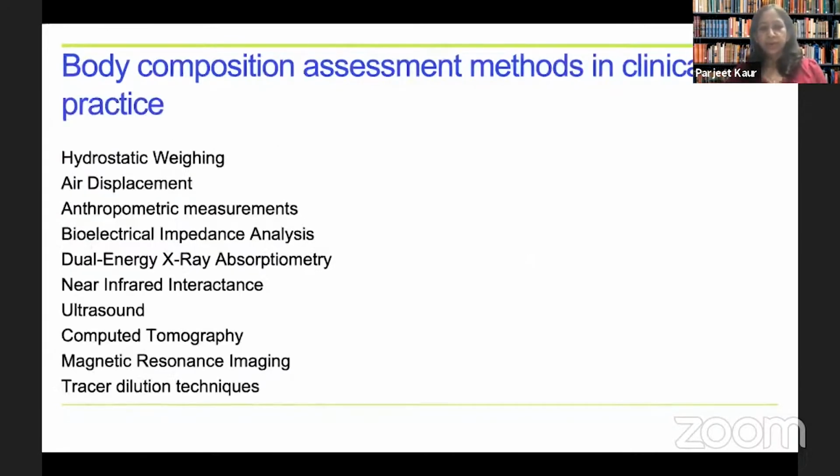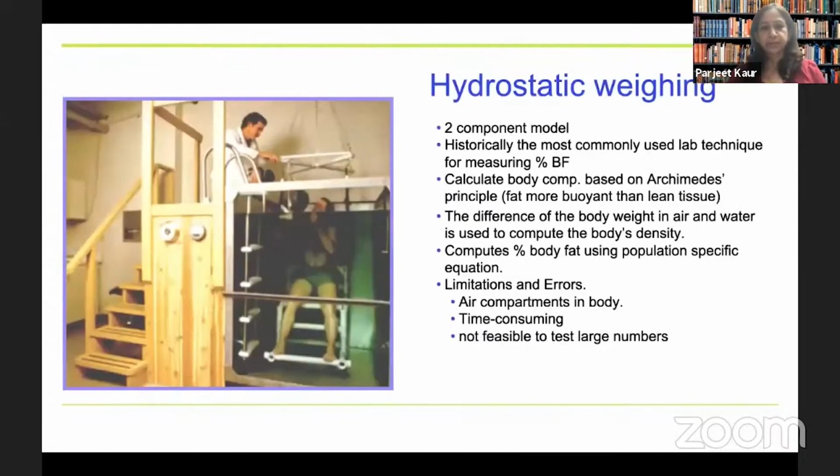Now, these are the body composition methods available in clinical practice. There are many more. I have not listed them because there are many more research methods as well. What needs to be understood here is that methods are evolving, and there are differences in the ease for operator and patients, the cost, the accuracy, and the reproducibility. But whenever we're choosing a method, we need to understand what the indication for that is, and what the availability of that is, which I'll come to later. So I'm just going to highlight a few of them which are available to us in routine clinical practice.